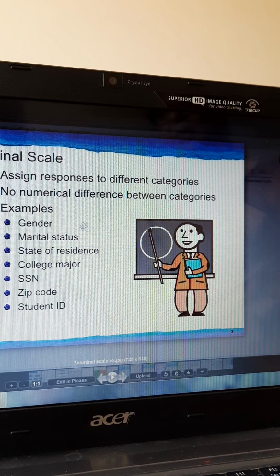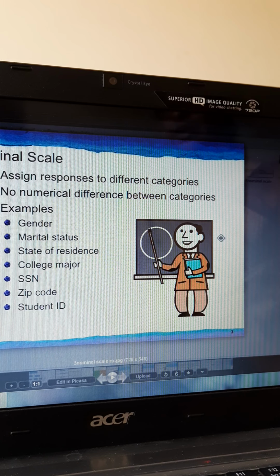Next, nominal scale. Okay, remember gender, discrete, categorical. See, both the words they will use. In some textbooks they will use discrete, some they will use categorical. Both mean the same. What it means is this category is exclusive from the male category. Male and female are exclusive. Marital status, each status of the married is exclusive.